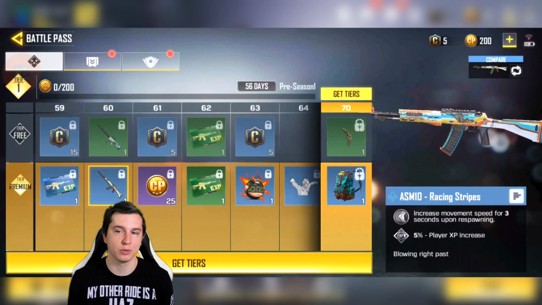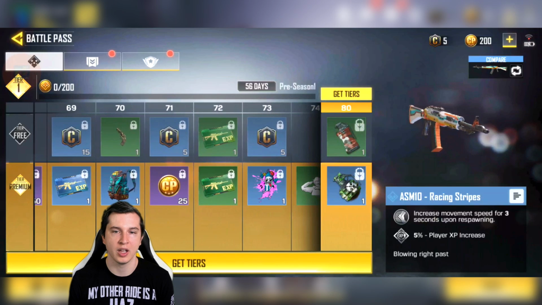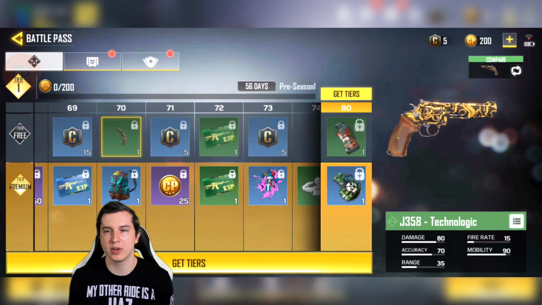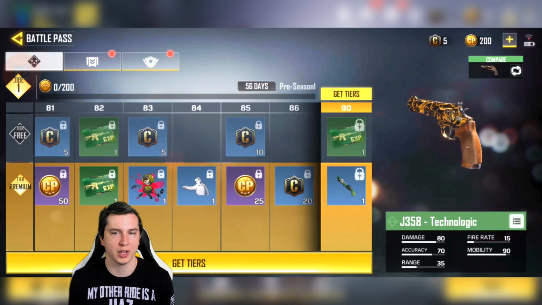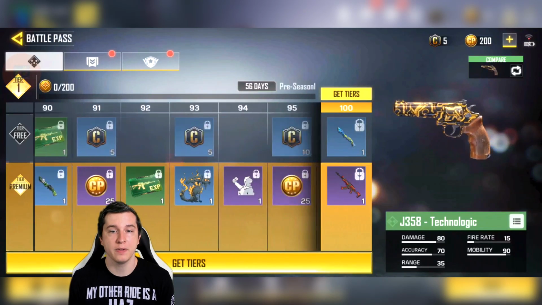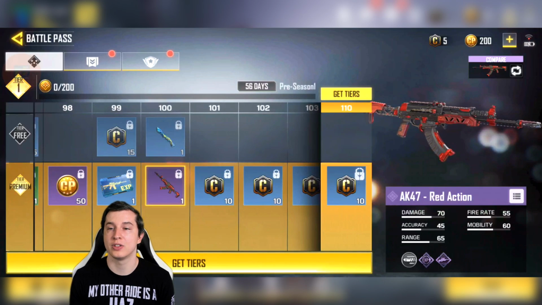So the paid tier literally gets a better weapon, albeit in this case they have the same perk with only a difference in the player experience. You get a weapon in the free tier, no perks. I guess that's just a bonus for playing a whole lot and leveling up. And then finally, all the way down at the end on level 100,